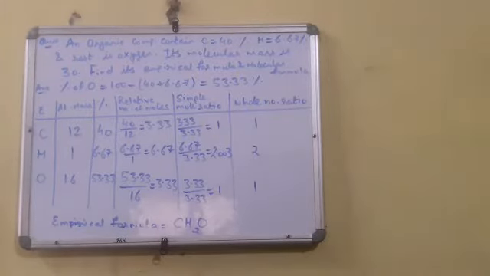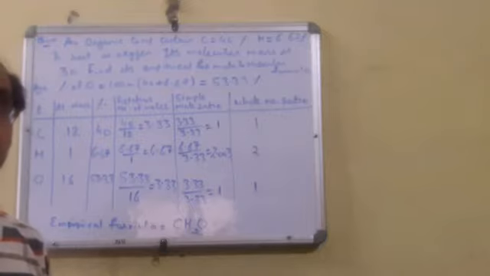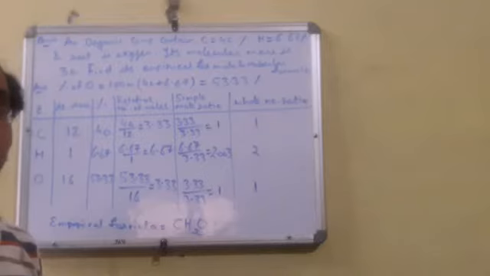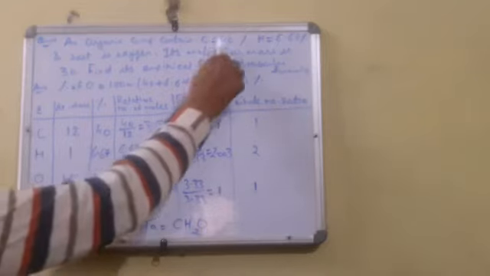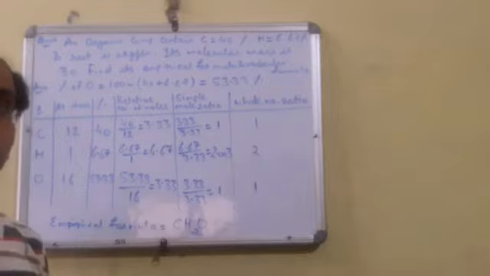Now students, I have told you about mass percentage. If any compound is given and we have to find the percentage of a particular element, we can easily find it by using the percentage composition formula. The mass percentage of an element is equal to the mass of that element in the compound upon the total mass of that compound multiplied by 100. In that way we get the percentage of a particular element in that compound. Now, if the percentages are given in the question and we have to derive the formula, that means we have to find the empirical formula as well as the molecular formula.